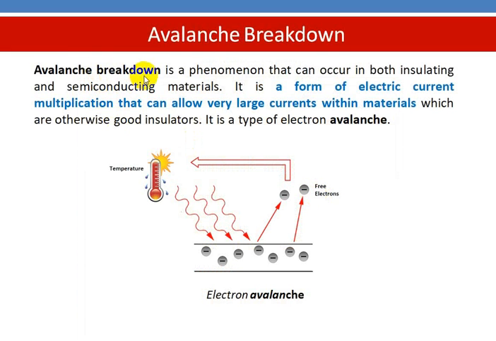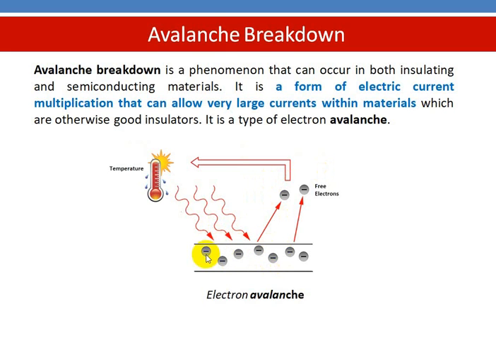And coming to avalanche breakdown, it is a phenomenon that occurs in both insulating and semiconducting materials. It is a form of electric current multiplication that can allow very large currents within materials which are otherwise good insulators. It is a type of electron avalanche. For example, we take a material, say an insulator, which is not carrying current. Suppose the temperature of the material increases. What will happen is